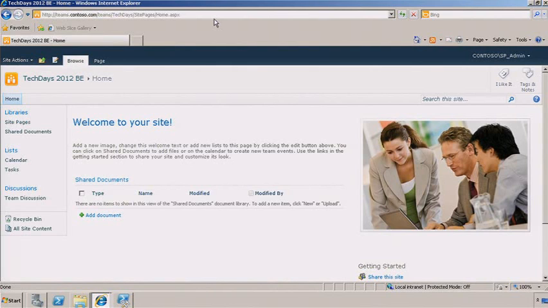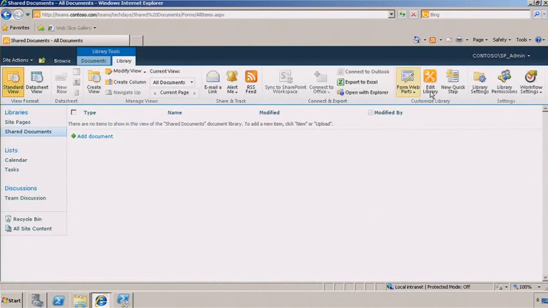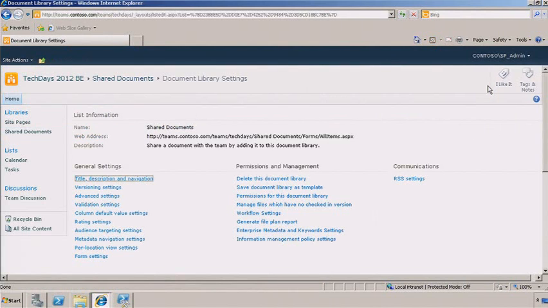So the site collection is created. Now let's review some of those governance-related settings that I was talking about. One of the settings that I mentioned was the idea of enforcing checkout and version retention limits in your shared documents document library. So if we go into the shared documents document library, go into library settings in the UI, we can go into versioning settings,